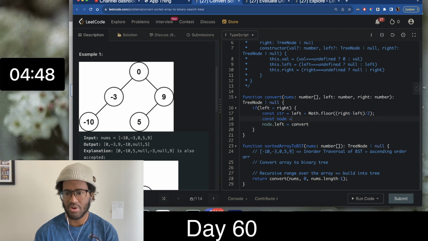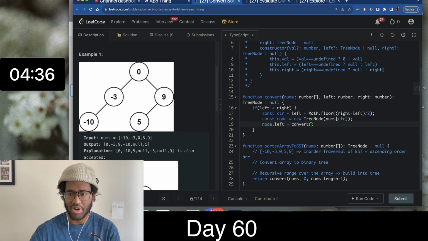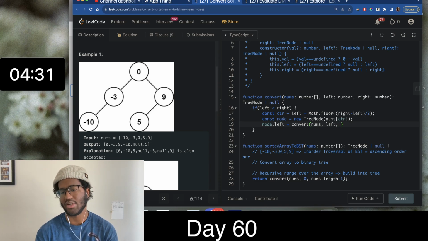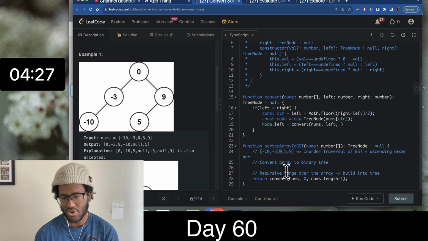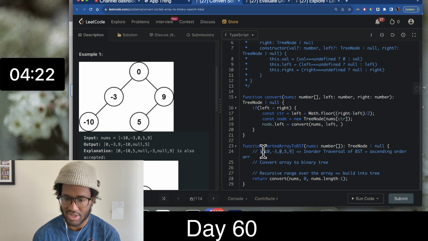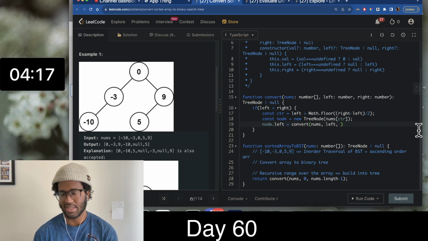So create a new node, we'll say new tree node, with nums[center] as our number. But now we want to set this left subtree equal to this function again, but with a new range. So we're going to pass in nums, with left, but our right is going to shrink. So what's our left range? If we look at this array here, we're going to create a new node with 0 as our root, which means the next range we want to consider for our BST is going to be -10 and -3, which means that left is going to stay the same. We're actually going to do right - 1,